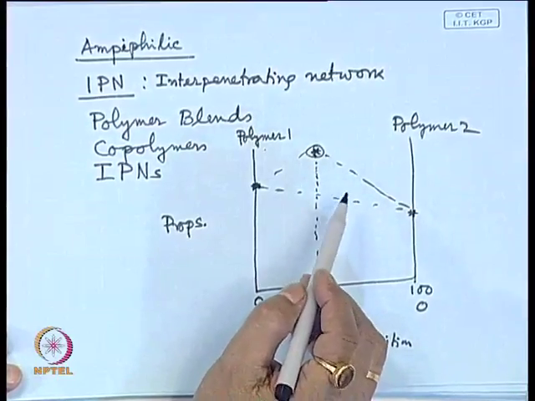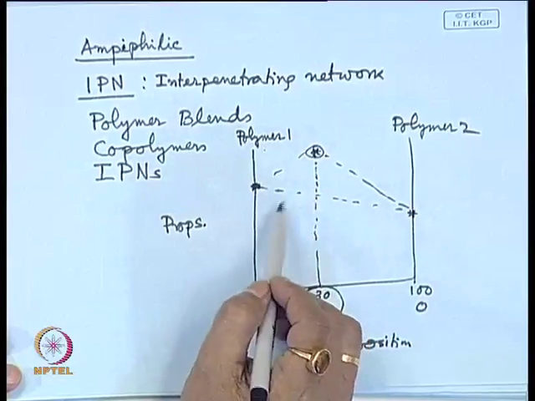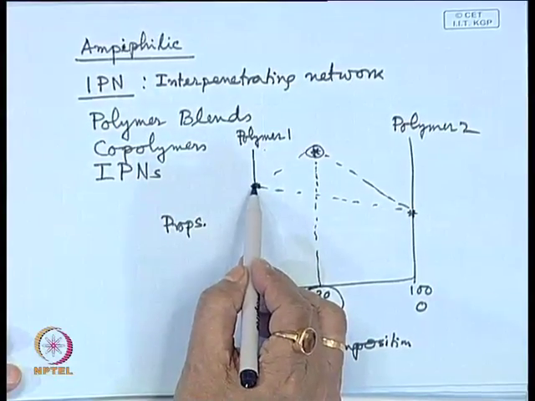So, a blend only means physical interaction between two homopolymers. Yes, there is a physical interaction between two homopolymers. So, what does deterioration mean? Deterioration means decrease. What decrease? Properties decrease due to separation into phases. You see, here both phases are present. Now, if it separates into two phases,